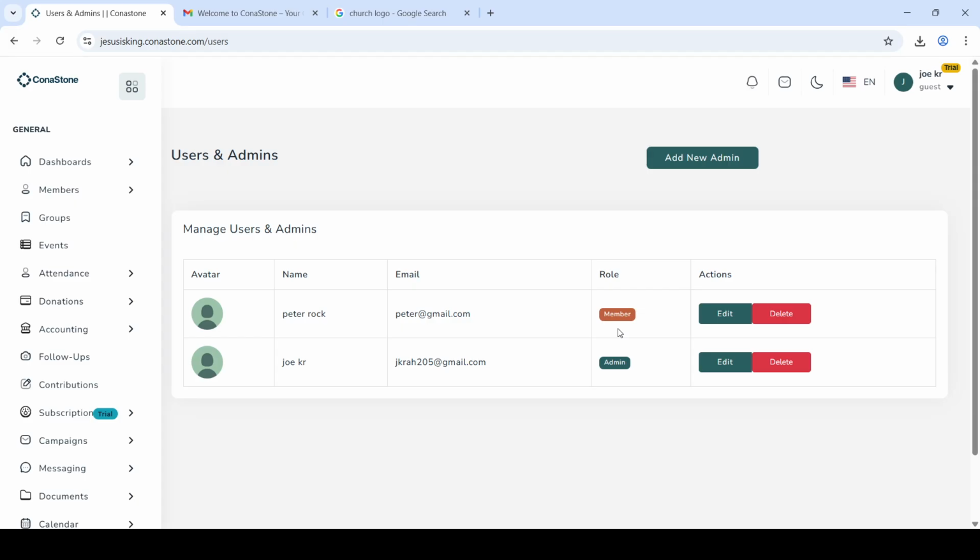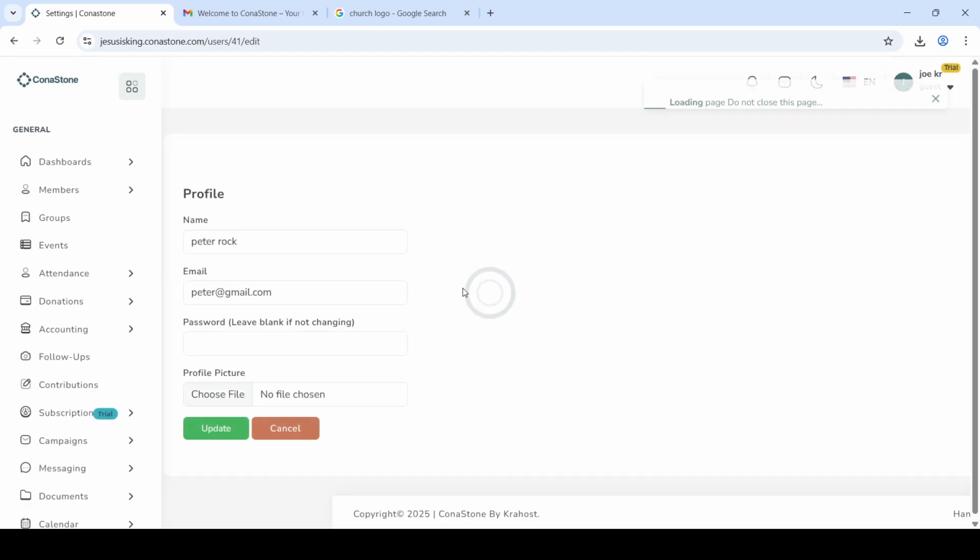Here you can change other users to be admins, and they will also log in. Okay, they can also log in to the main portal. So you can change their roles. Their roles are not changed here, but the roles are changed